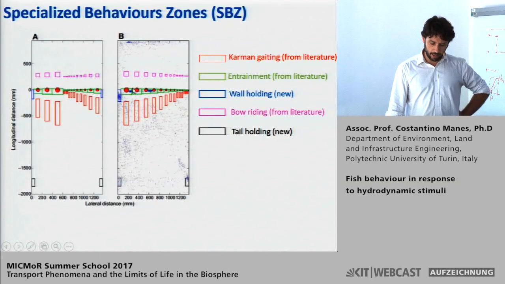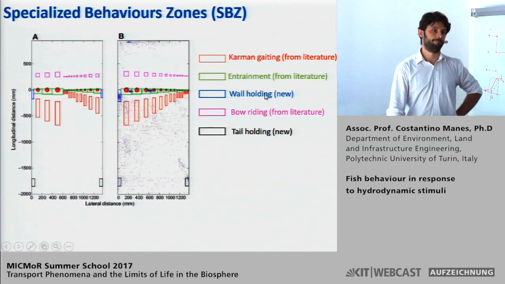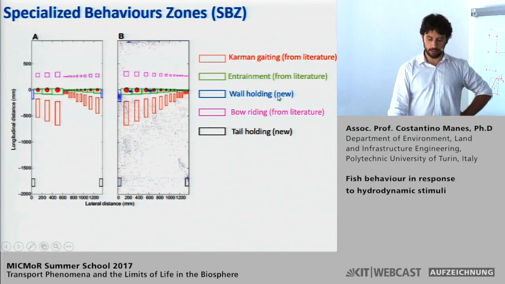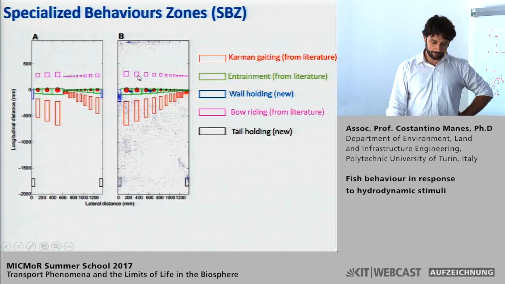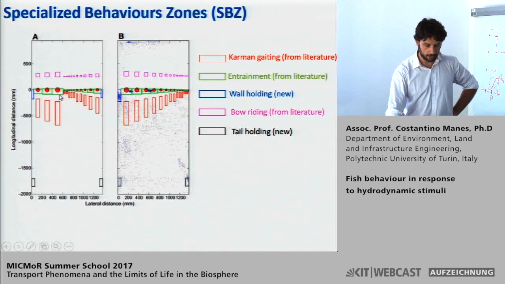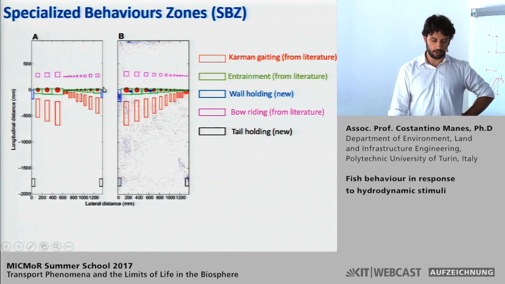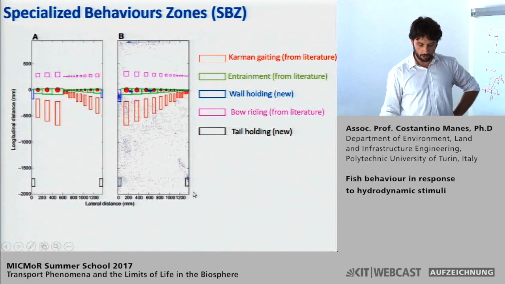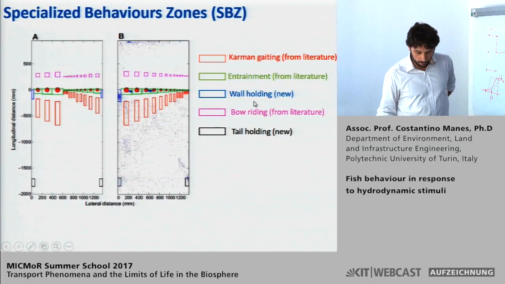The green rectangles identify where fish would go to do entrainment. Again, we could get that from the literature. Bow riding, again, there is fairly robust literature that allowed us to find potential areas where fish could do bow riding. We also observed some new